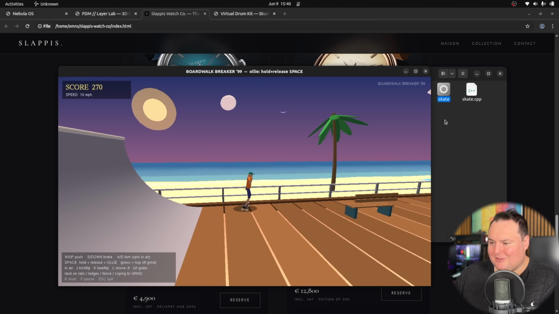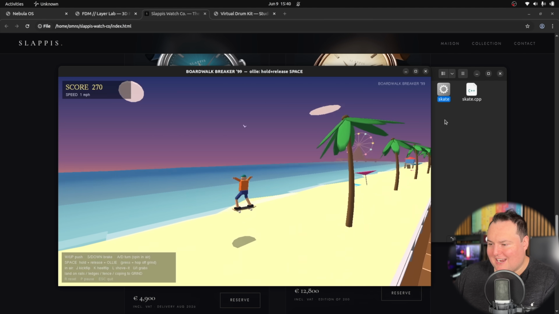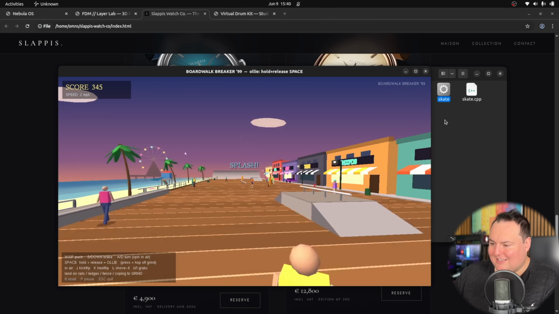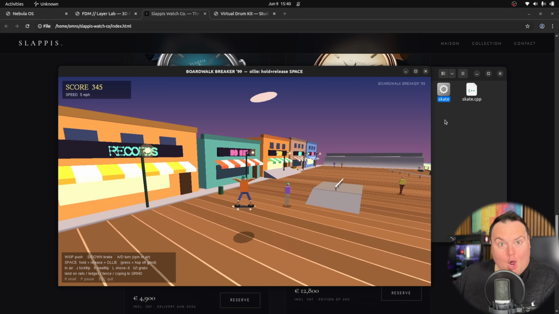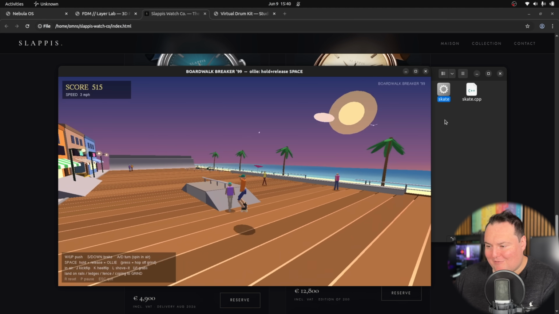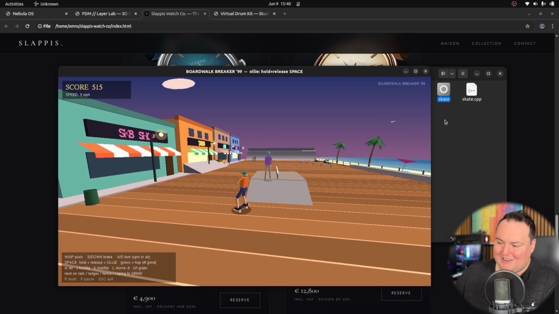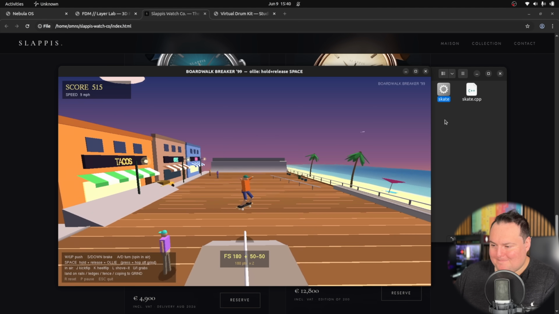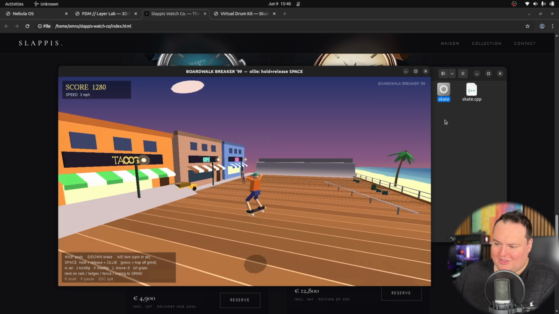Just the lean effects and the way the camera transitions. Oh, okay. I didn't realize we could go in the sand, but I guess that's... Oh, okay. Splash! If we go in the water, it force resets us. And then the bail effect is obviously funny. Yeah, this was just like... I mean...